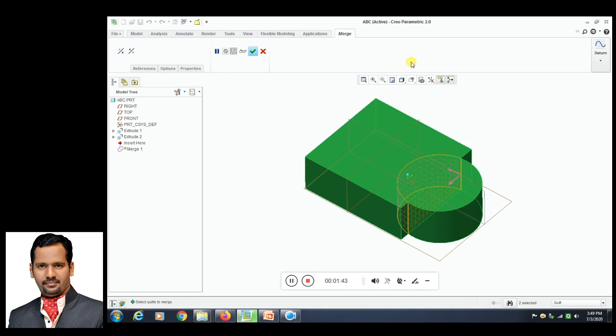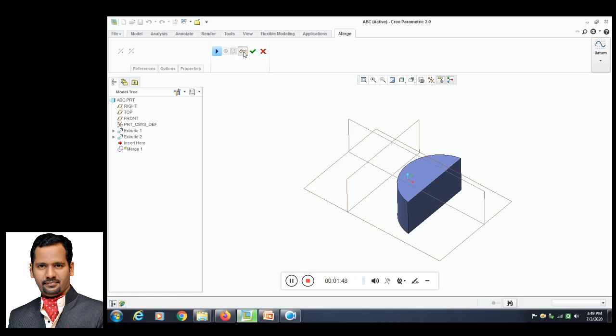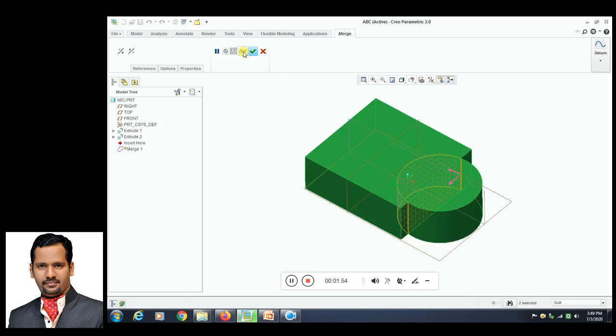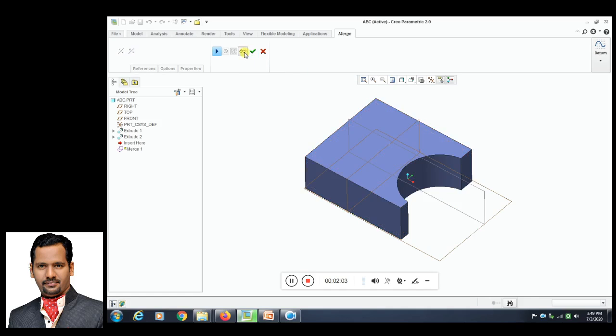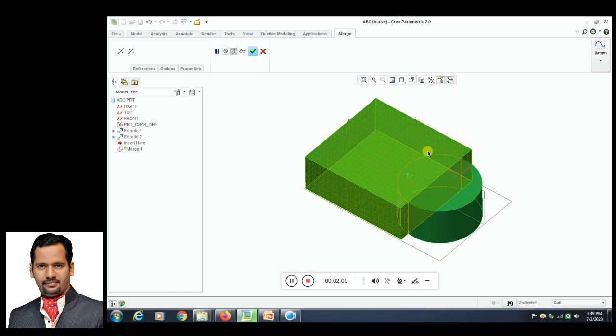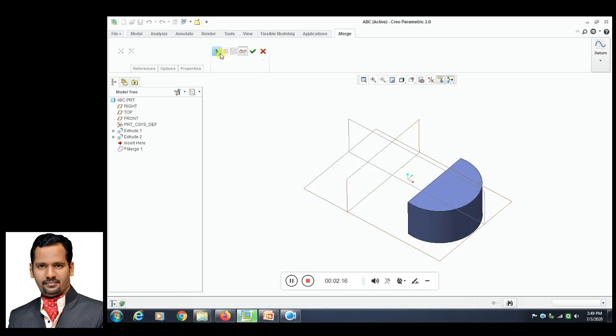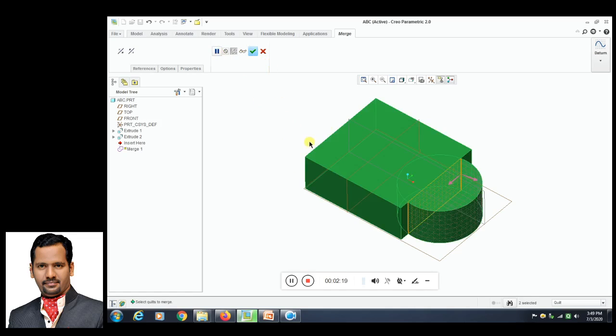In the merge command, you can see there are two arrows on both sides, so in total I get four options of output. If I pick the first, I can get the common crescent between the two. Again, if I switch an option, I can get the A minus B option, or the square minus the circular object, that is option number 2. If I switch to another mode, I can get the A plus B option, and with option number 4, I can get the A null B option, which places all four between them.